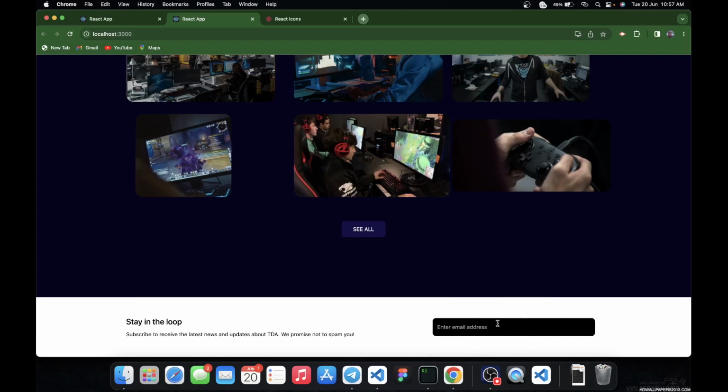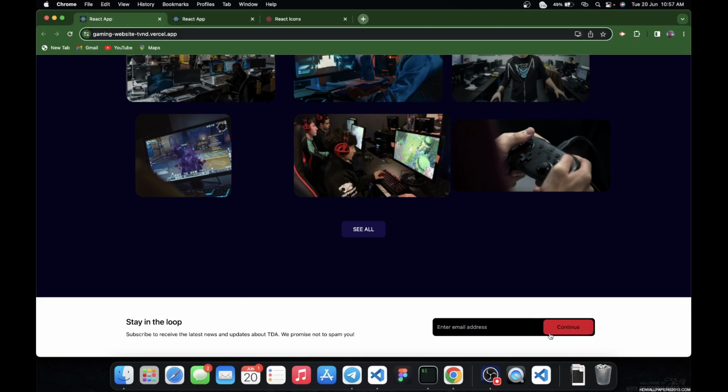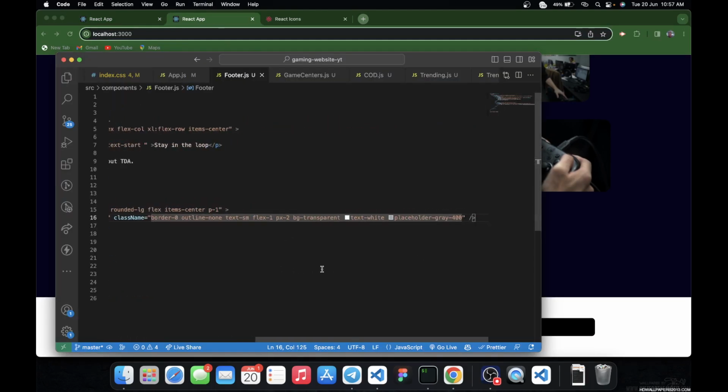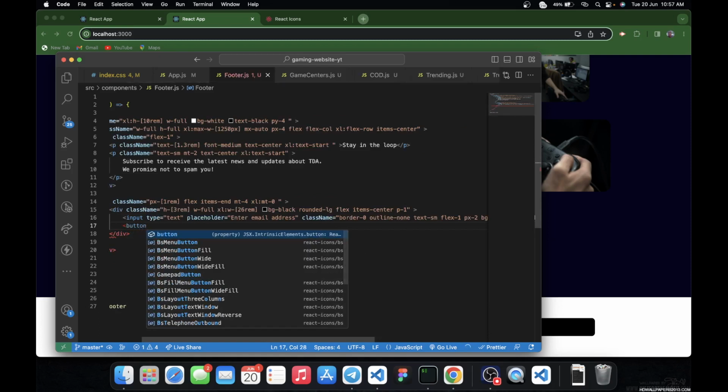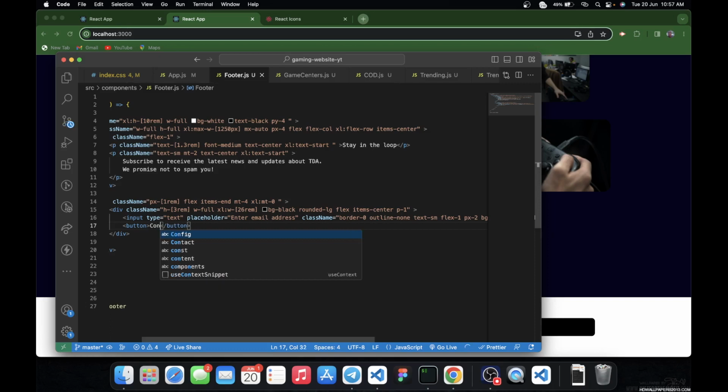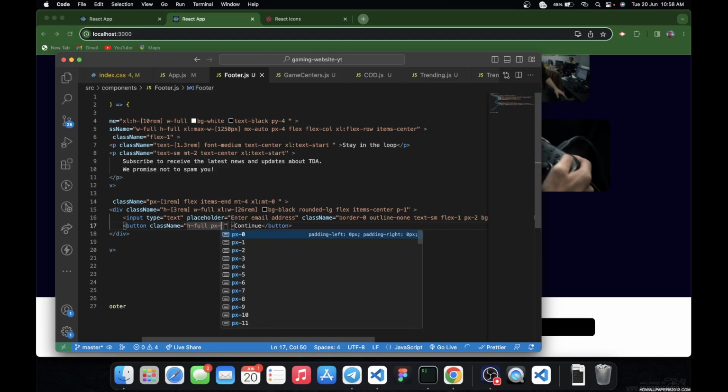Okay, so now we want to add the button here, this continue button. That's the final thing we are going to add. So underneath the input field, we are going to add this button. Now this button is going to take the text continue, and then we can now style the button. Say class name, and then I'm going to say the height should be full, and then padding on the x-axis should be 4, and then on the XL breakpoint you want the width to be 8 rems,